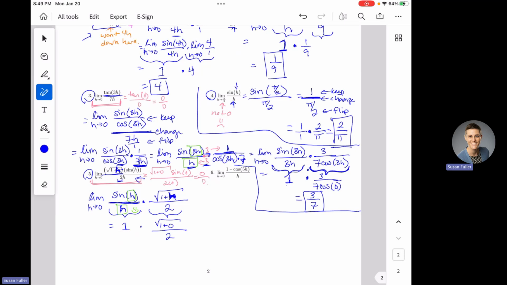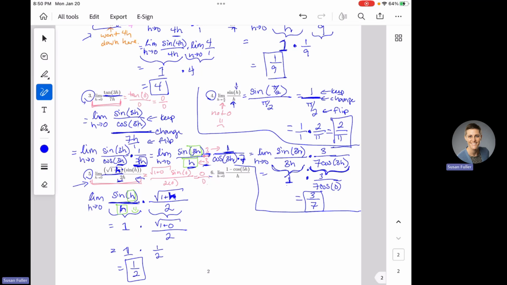Okay, so now that I've fixed it, hopefully this all makes way more sense. And so now we have the limit as h goes to 0 of 1 plus h becoming 1 plus 0 on top, and I still have that 2 on the bottom. So I've got 1 times the square root of 1 is just 1 over 2. This is just 1/2. That is the value of this big, scary limit, which didn't actually turn out to be that scary. We just needed to reorganize. Make your gift, make everything else.